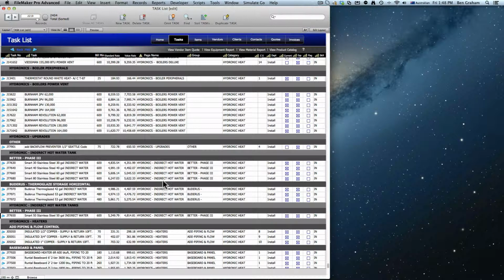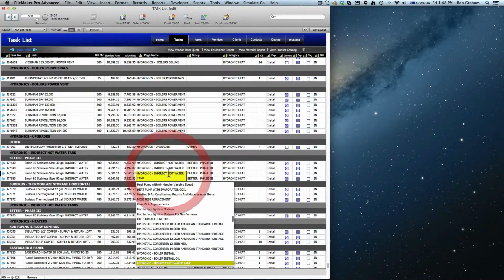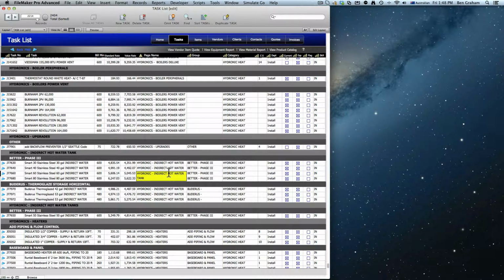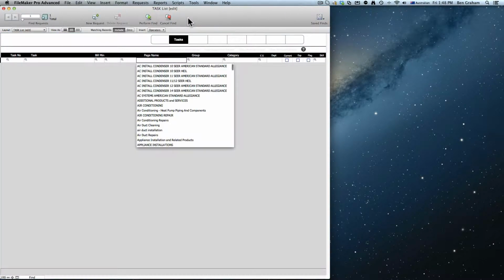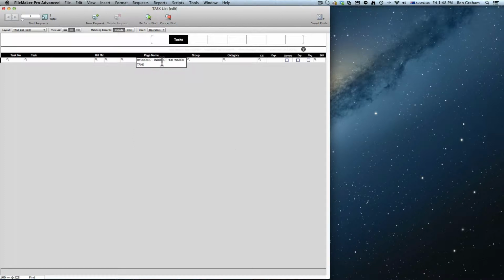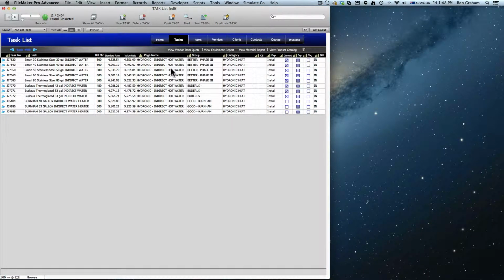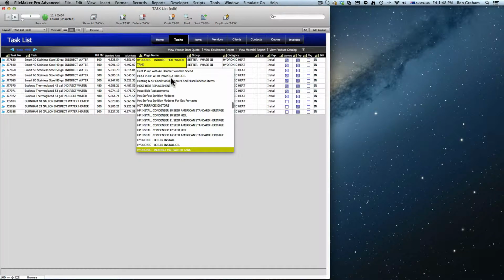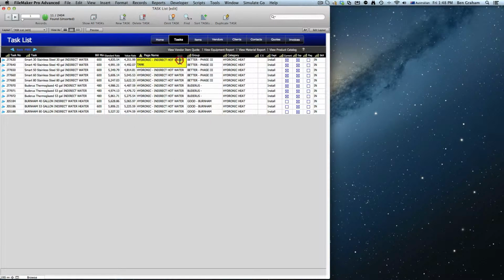Now if I was to find all of them, what I'm going to do is select this one. It means it's highlighted, and I can hit Control C on the PC, or Command C on a Mac, and then I can come in here and say find. Now I'm still on page name. Now Control V or paste, or right click doing your copy and paste, and then I hit enter. Now I found all of the indirect hot water, so now I only have those, and if I select one of them